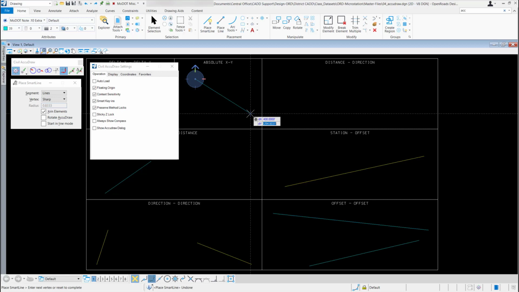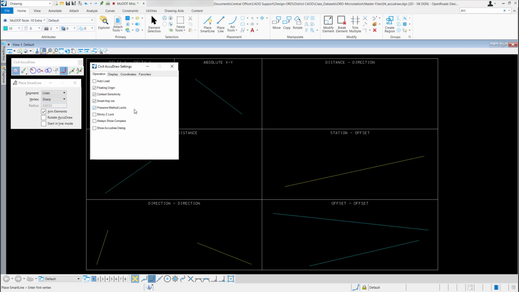And then I know my Y direction, I want to be a negative 300 feet, but since I'm already dragging my cursor in the negative direction, I can just type in 300 and hit enter, and now you can see it locked in those numbers, and it replaced my 300 with a negative 300. If that's what I want, I would just left click to accept it, right click to reset it. So that's what the Smart Key-in will do for you.